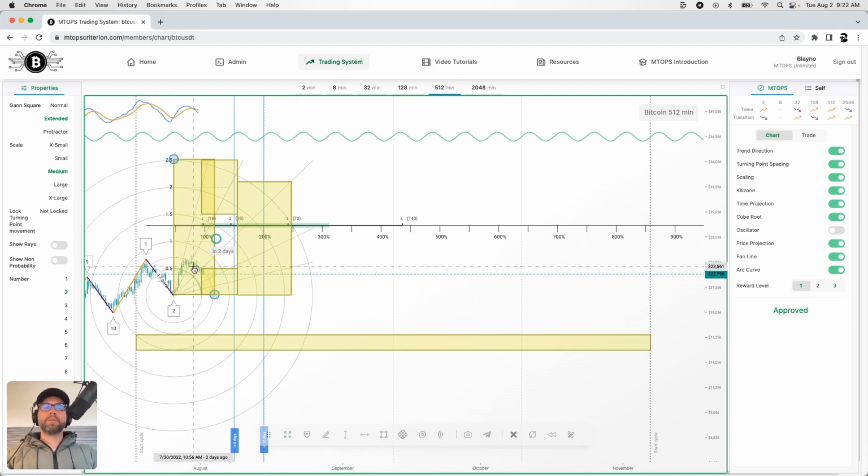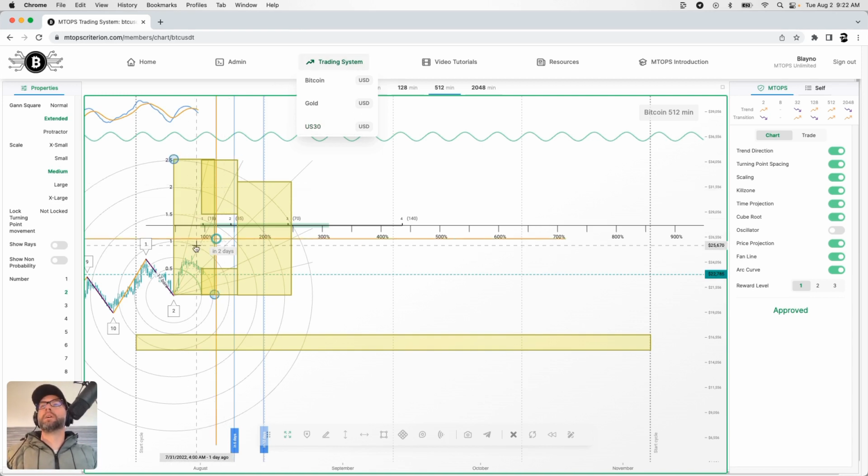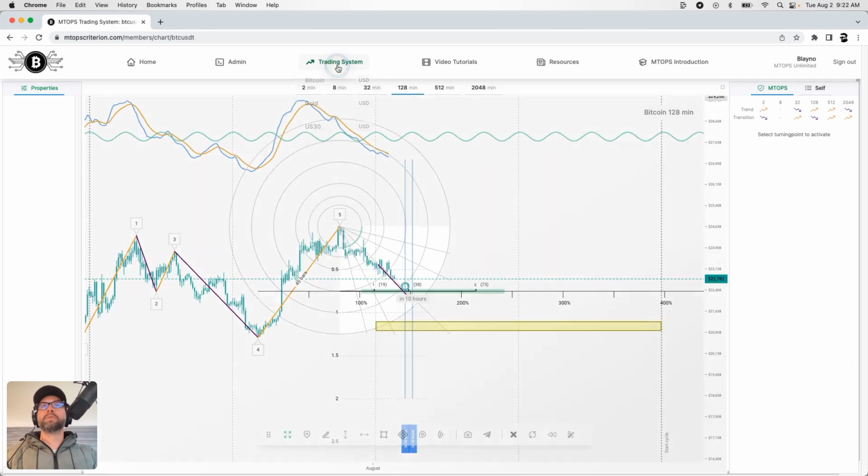Just to be very clear, Bitcoin isn't my favorite market at the moment. And again, that's the reason why we've got alternative markets as well, and enough for you to profit from. So we don't have 6,000 plus markets here for you to choose from, because that's just overload. But we do have enough for you to make money when Bitcoin is sleepy or not tradable.